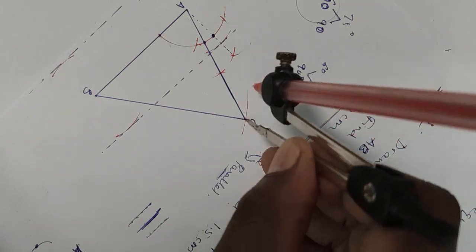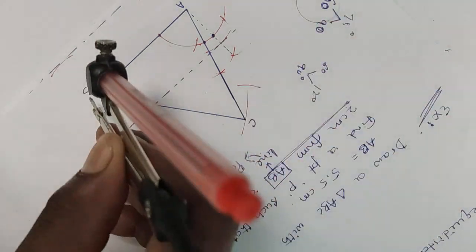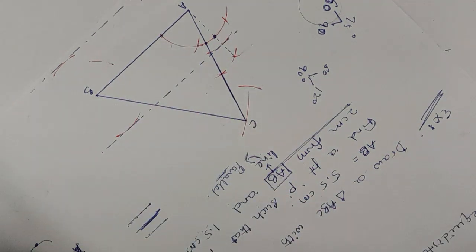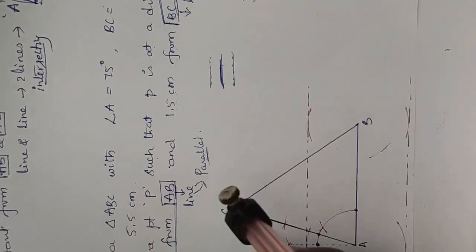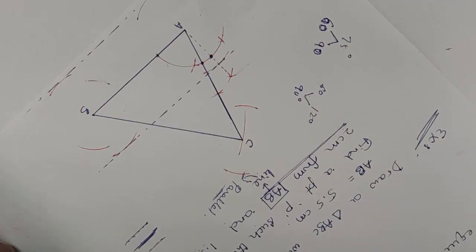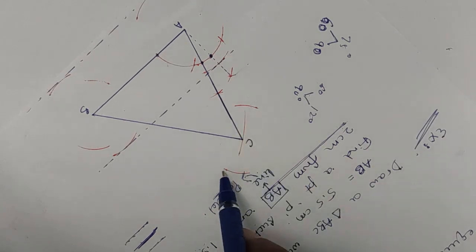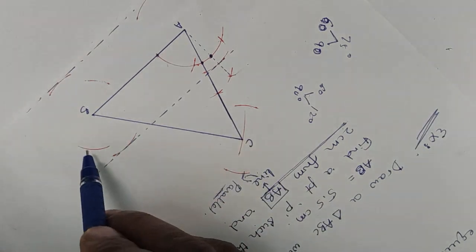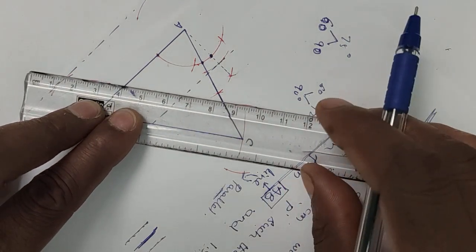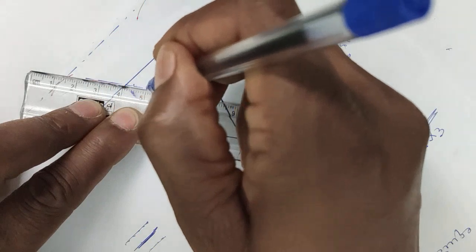Therefore keep at C, above one U shape like this. From B, above one U shape, 1.5 centimeter. Similarly, turn the paper. From C again above one, below one. Like so, the arcs are done. From C 1.5 above, 1.5 below. From B 1.5 above, 1.5 below. Now join both the lower points in dotted line.